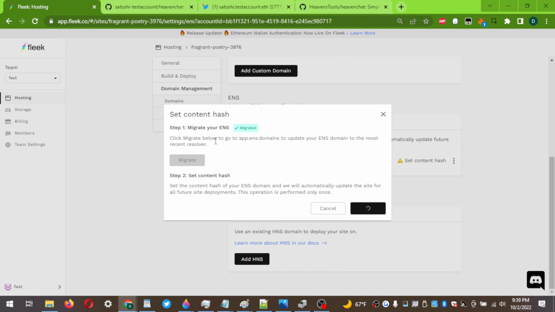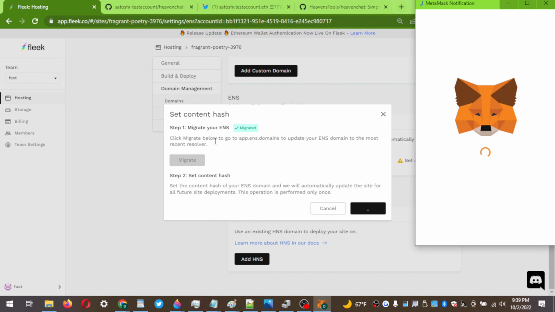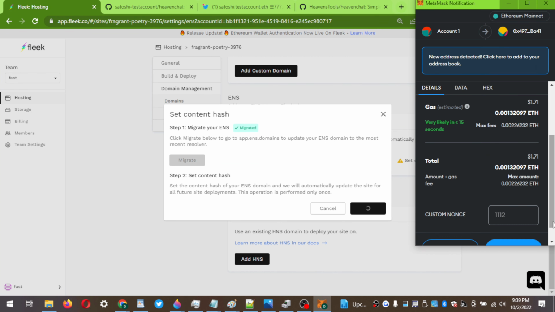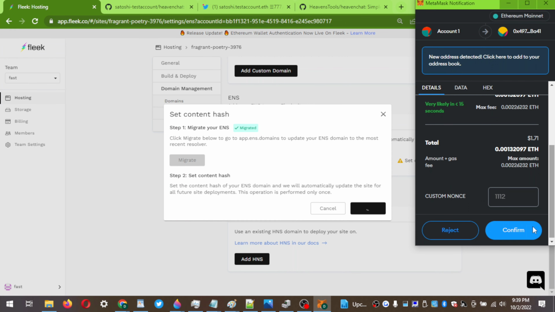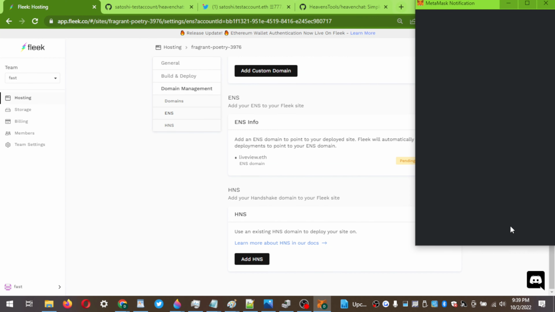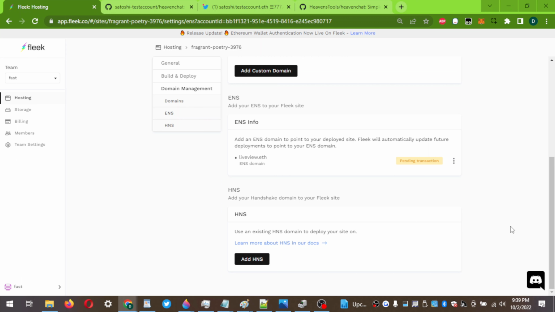So we paid about 40 cents for the last deployment to get the resolver set. You might already have that set. So about 40 cents so far for this whole deployment. Let's see how much this is to actually set that content record that we don't have to change over and over again. Just a one-time deployment. This is the total cost of your deployment, by the way. So let's see, $1.71. So about $2 total is how much this costs to actually deploy this site, liveview.eth, a fully functional peer-to-peer